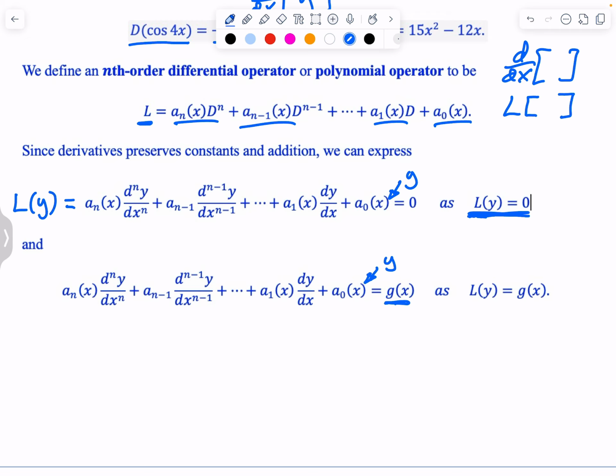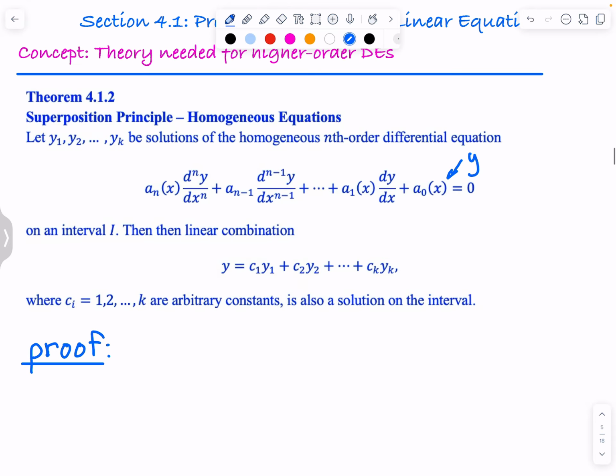It's plugging that L, the y into the L. It's all applying. Okay, we're going to prove something. So hopefully you understand that notation. What this next theorem says: let y1, y2, up to yk, whatever k is, be solutions of the